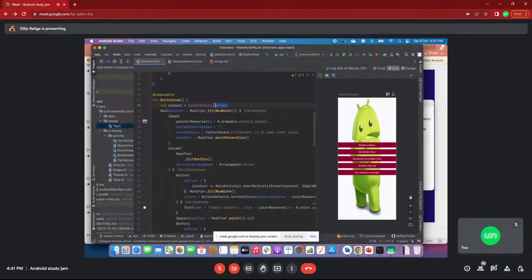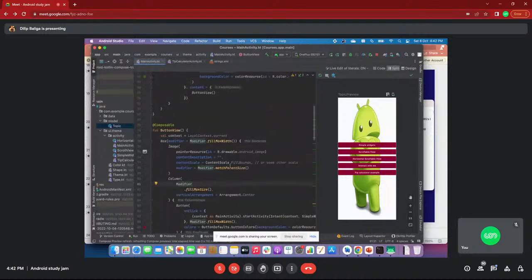Now what is this? This is a context. Don't worry about this context. Context is like an environment, or visibility, that you are accessing here.